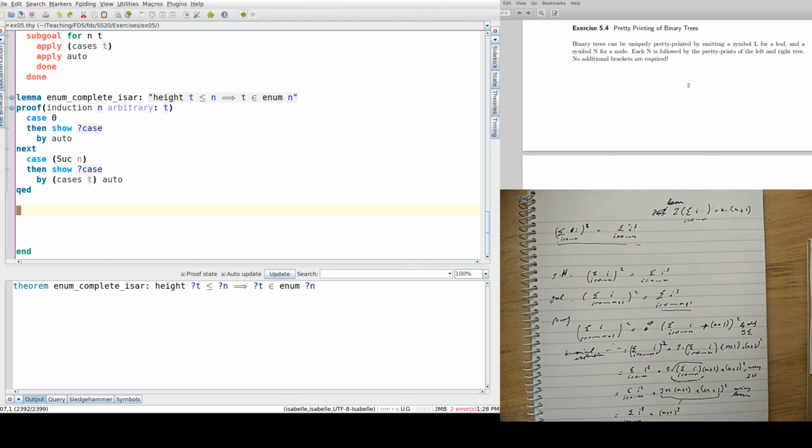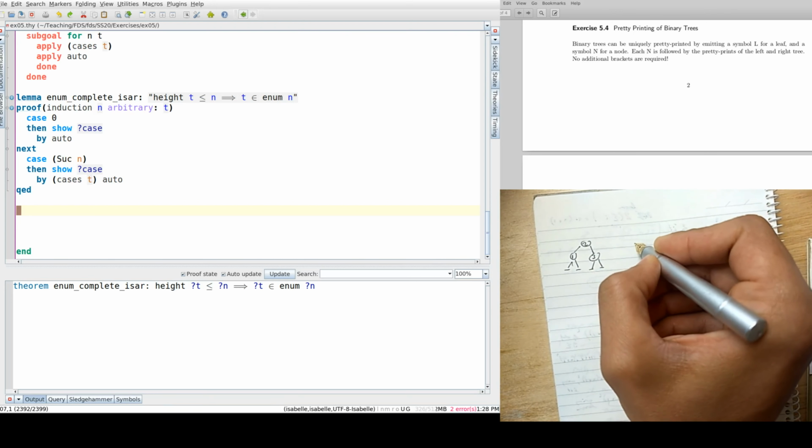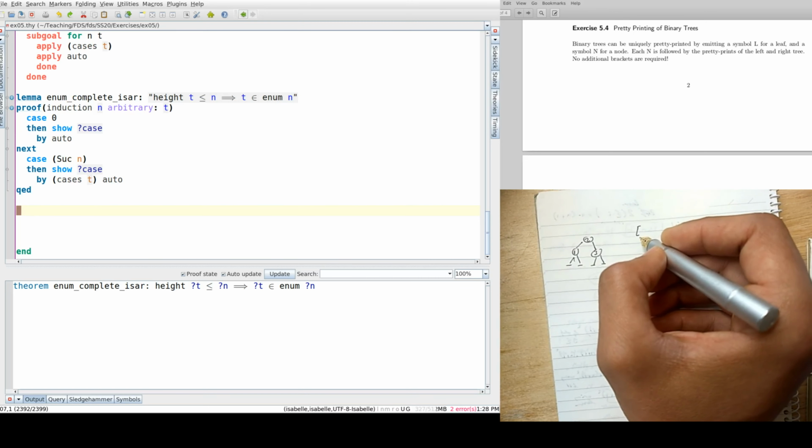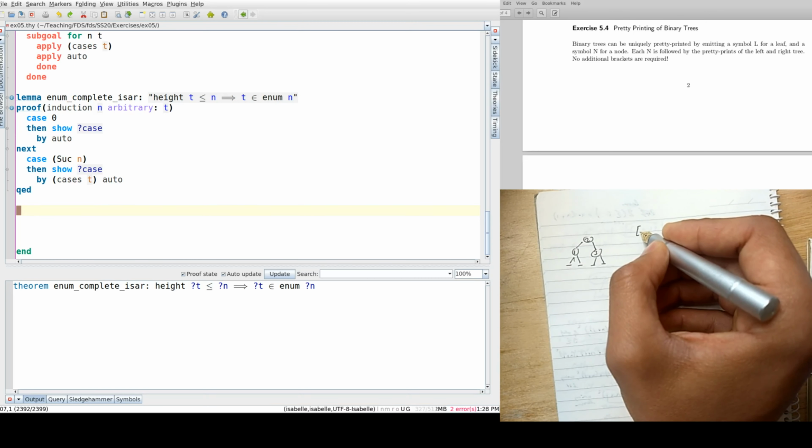So let's say we have this tree. Okay, I want us to pretty print this tree in the following way. So I want to print a list, okay, such that every element in the list is equivalent to one node in the tree, and each of the elements of this list will either start with an n, which means that the node is an inner node, or l, which means that the node is a leaf. So, for example, in this case, we will get